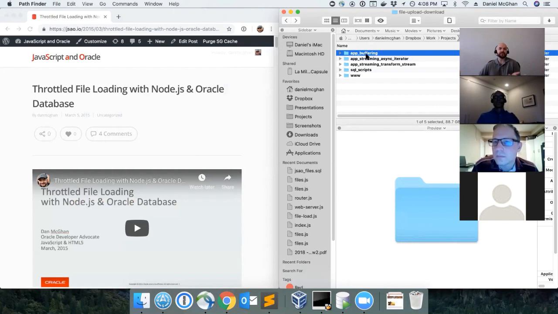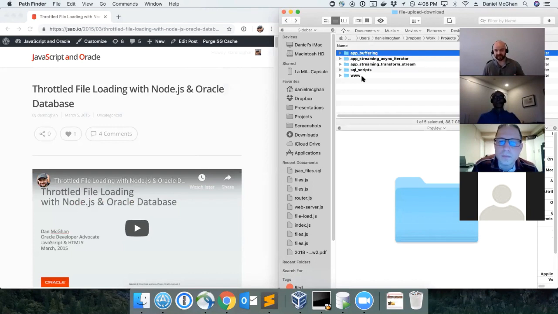So for example, if your Node.js process had 1 gig of memory available to it, and the file you're trying to move was 2 gigabytes, well, the buffered approach is simply not going to work for you. You're going to have to move to one of these streaming approaches here. The benefit of the buffered approach is simply the code base. In terms of what you have to write, it's pretty darn simple. So these other APIs, I would just recommend if you have a lot of concurrent users, large file sizes, that kind of stuff, it may be necessary to scale that up some.